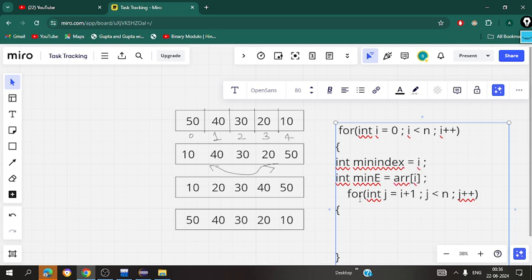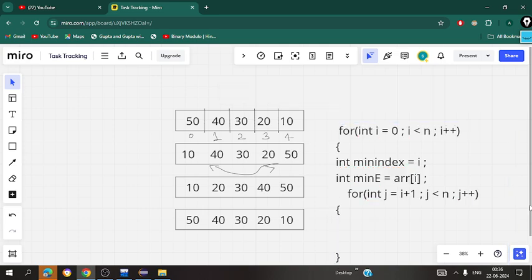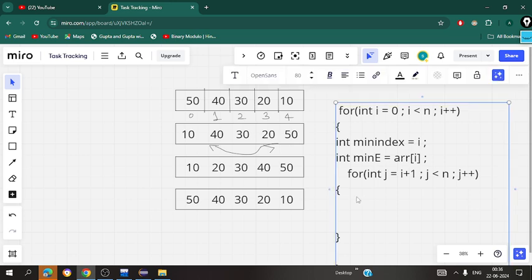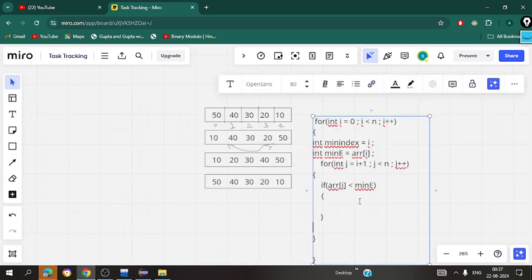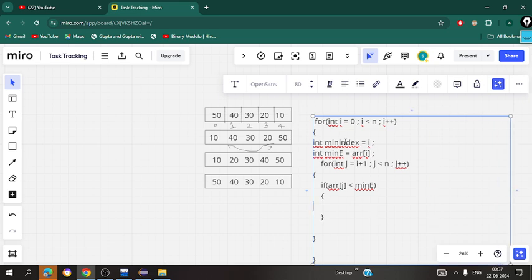After that, what we will do? We are just going to check: if array at j is less than min element, it means what? That our minimum element is not minimum. Any other element is less than that element, so that element would be minimum. So what we will do in that case,